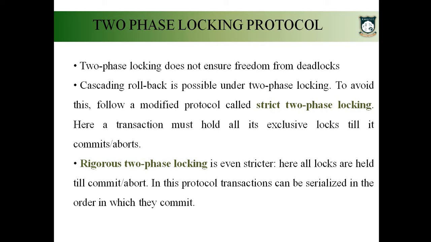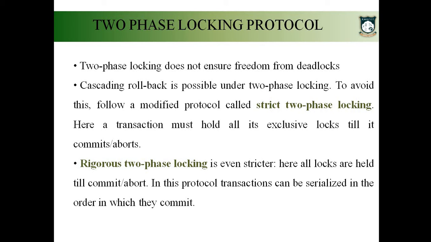Now, to summarize the point I said, whenever we have a concurrent schedule, we should ensure that it is a serializable schedule, a cascadeless schedule, and a recoverable schedule. Okay, fine. Now there are two more versions of the two-phase locking protocol, that is the strict two-phase locking protocol, and another one is the rigorous two-phase locking protocol.